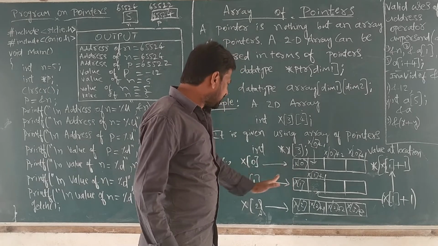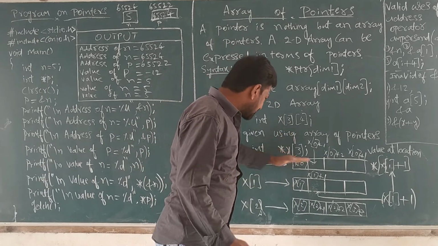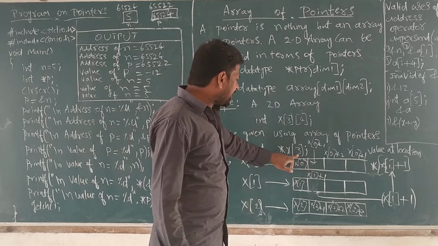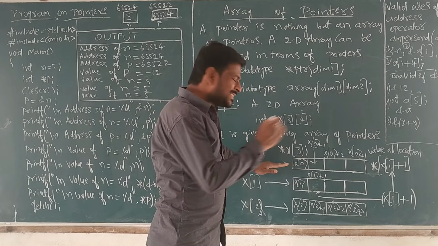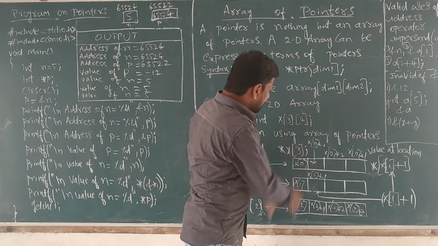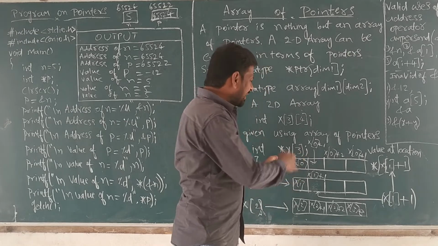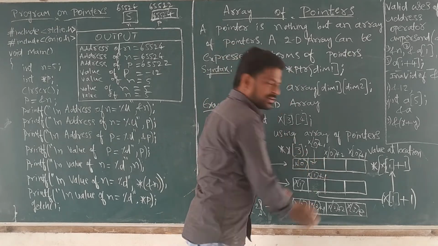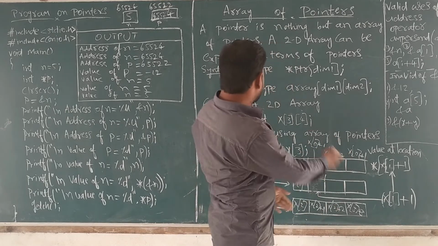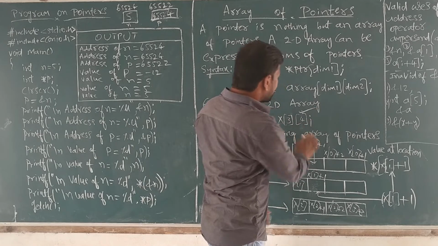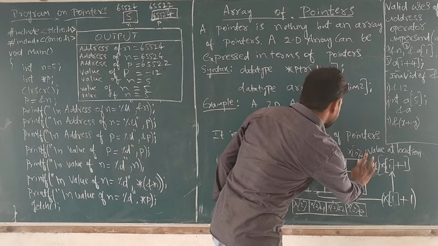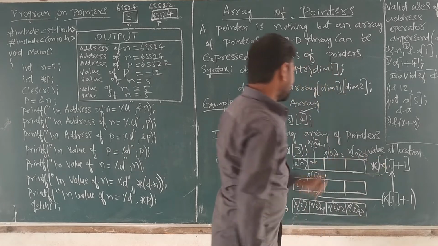Simple. Here, x of 3 means 3 rows. It is a 2-dimensional array, but only the 1-dimensional value is given here. The next dimension: for the first row and first column, it represents itself. For the second column, you need to add plus 1 here. For the third column, you need to add plus 2. For the fourth column, here there are 4 columns, right? For the fourth column you need to add plus 3, like x of 0 plus 3.